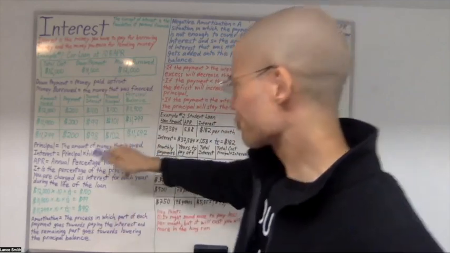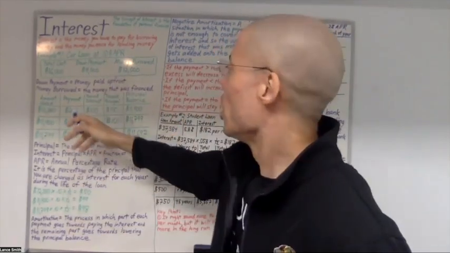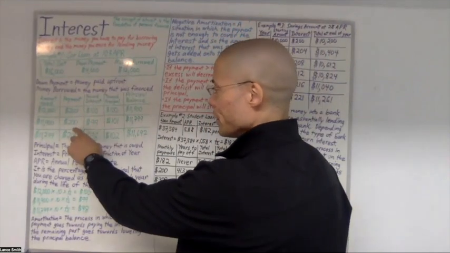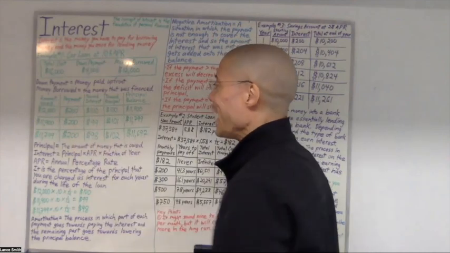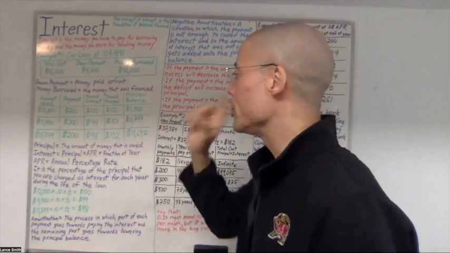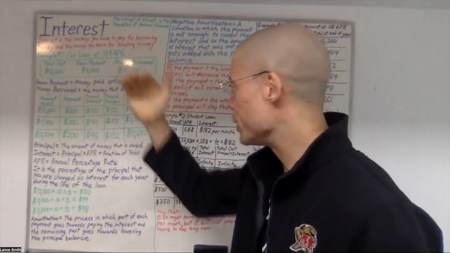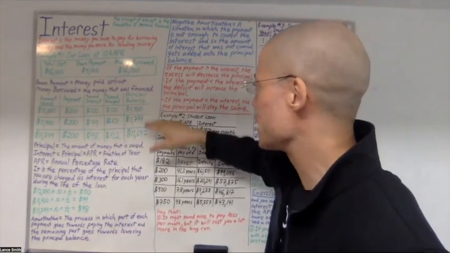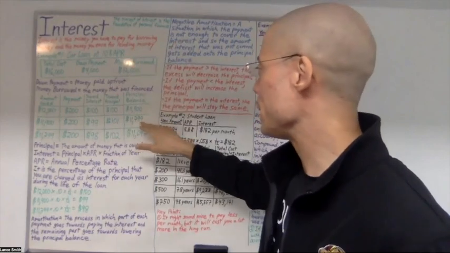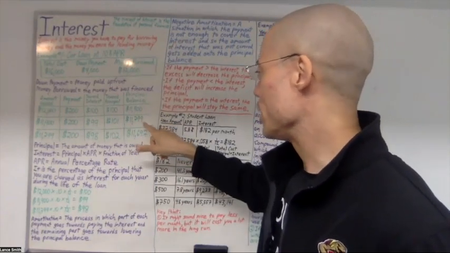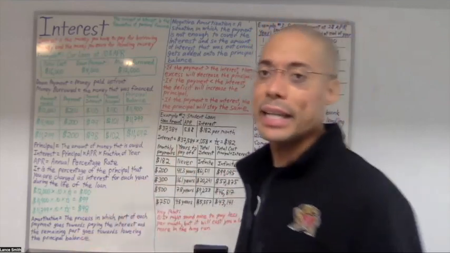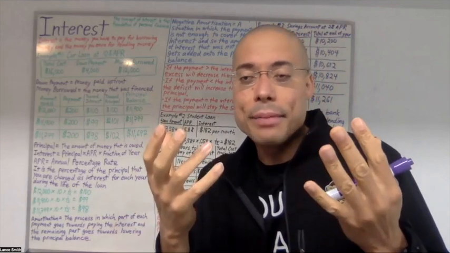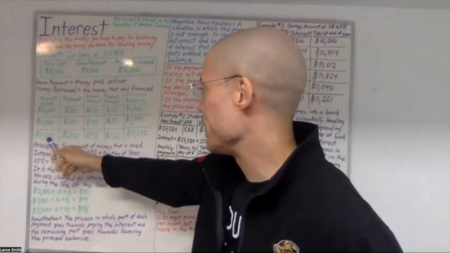Okay, so now here's the situation. For the second month, the payment of $200, well, $99 of the $200 is going to go towards the interest, and then the remainder, which is $101, will go towards reducing the principal. So now at the end of the second month, our principal balance is now going to be 11,799. Okay, so now at the beginning of the third month, how much is our principal? How much is the money that is owed? Well, it's now going to be